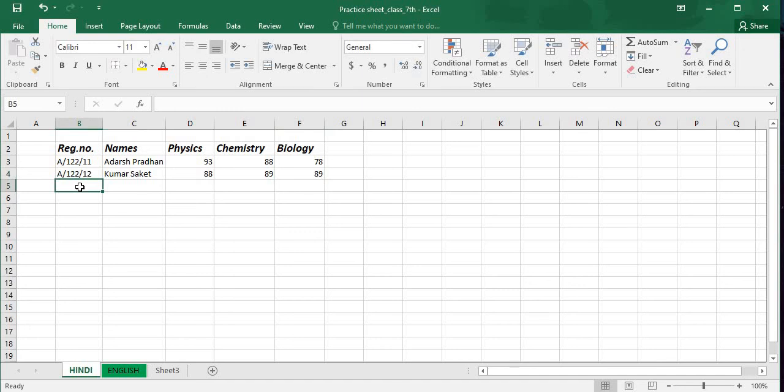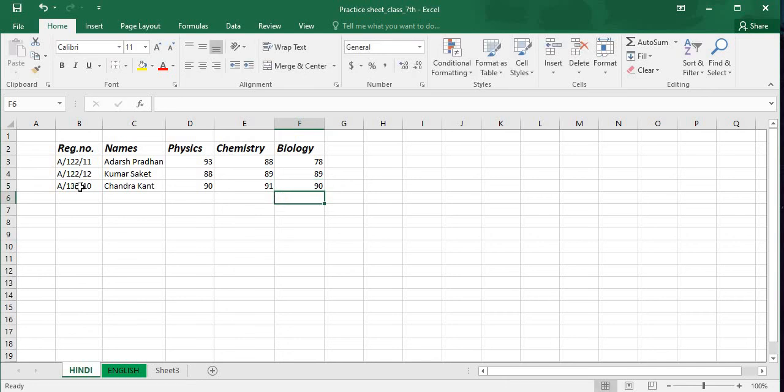Again place the cursor in the next line and type A oblique 132 oblique 10, then the name Chandrakant. Next columns 90, then 91, then again 90.